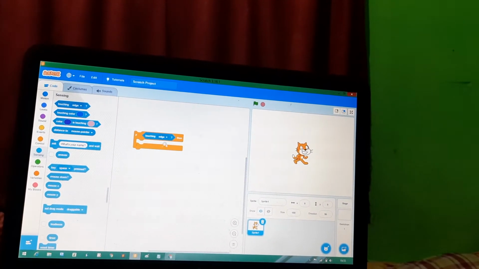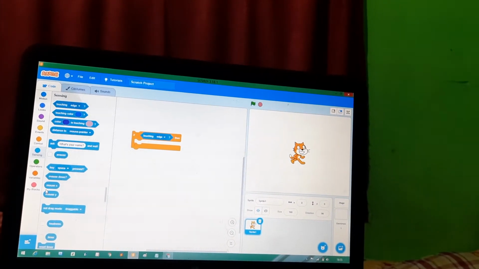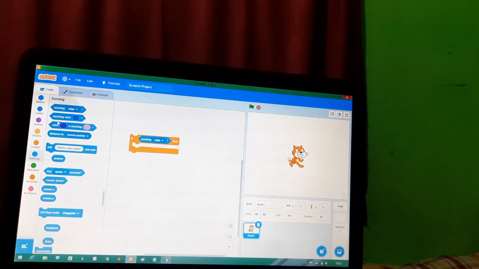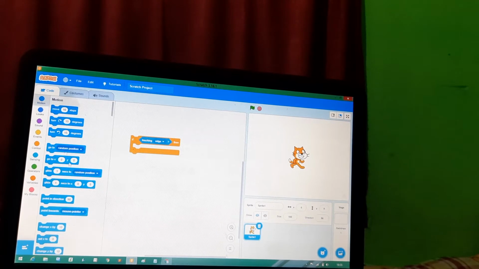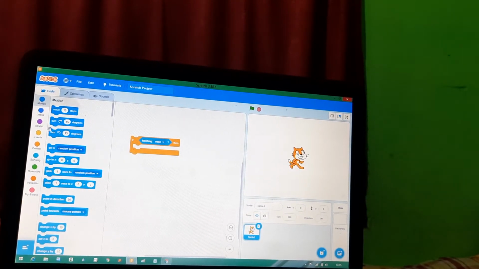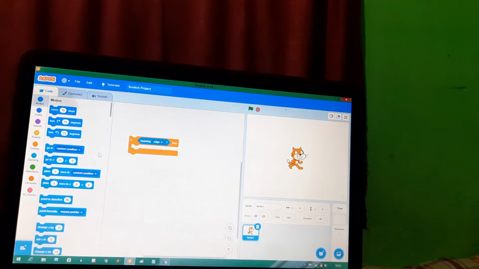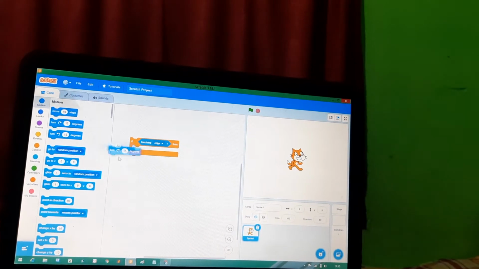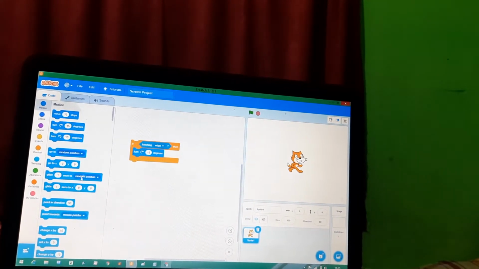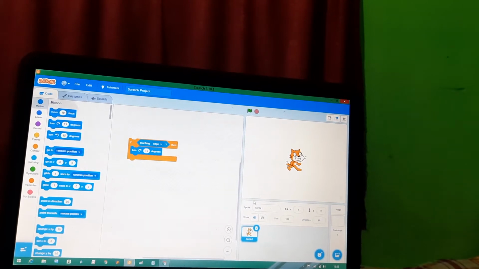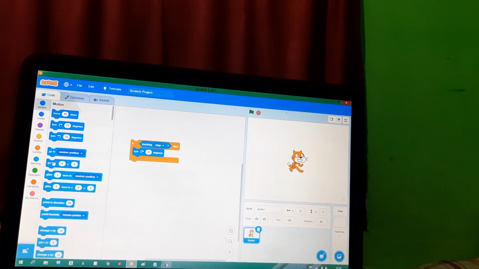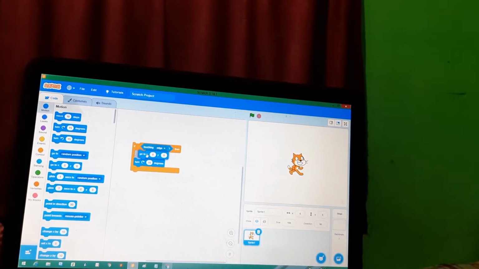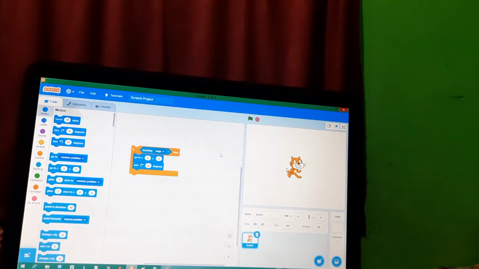See, it has been getting adjusted. Now you have to do something. Then what will happen? You can choose turn 15 degree, and wherever the position is, it should come back there. So go to x0 y0. Okay, so what will happen?